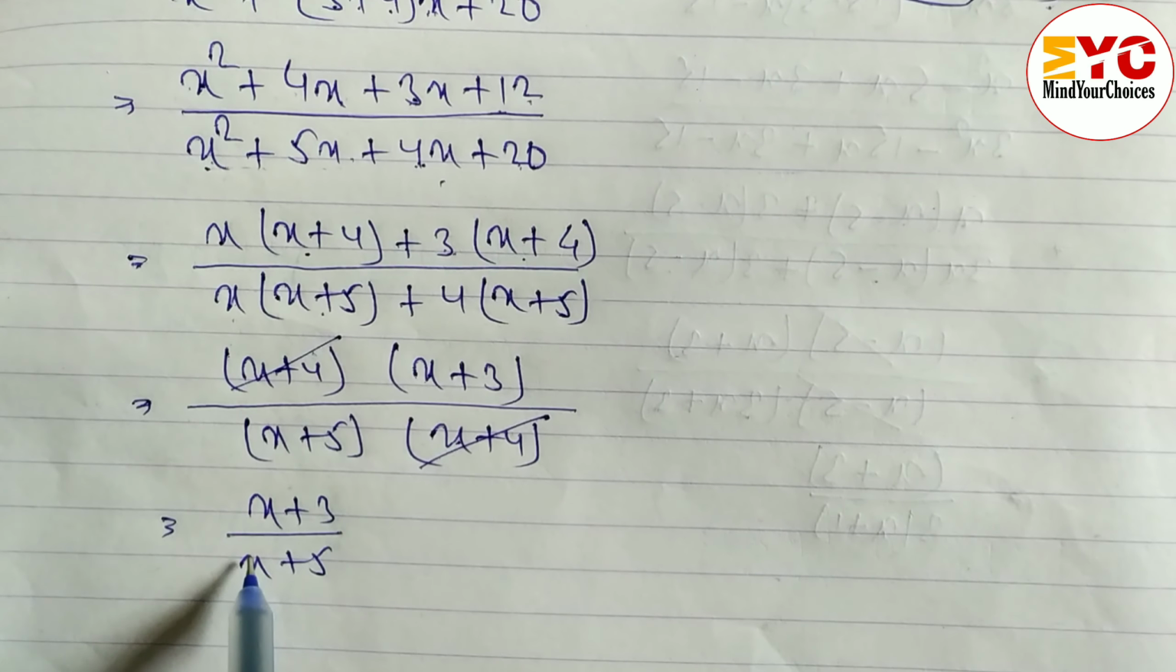Don't make the mistake of cancelling this x, because here are two terms. If it is multiplication then we can cancel. If it is addition or subtraction we cannot, because